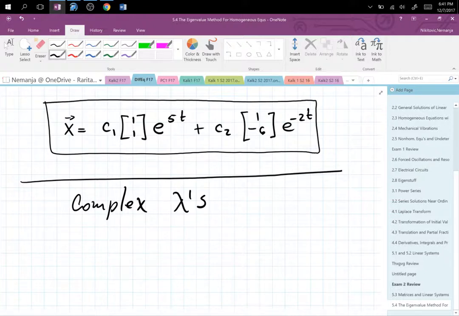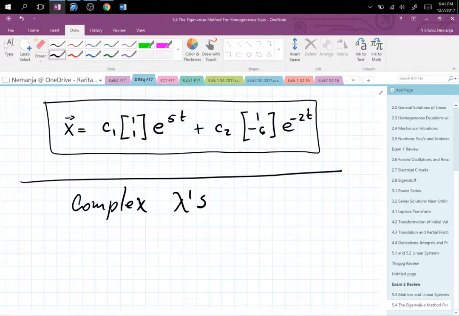So there is a faster method than working with e's. So we are going to start the problem exactly the same way and obtain lambdas and the vectors, and then instead of using e's, we are going to figure out the nicer way to deal with